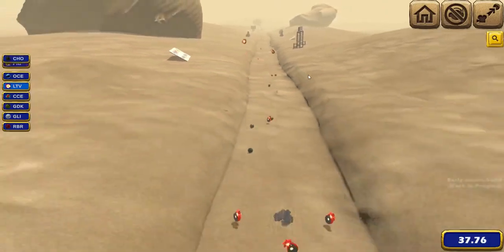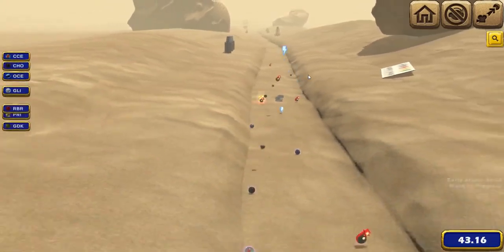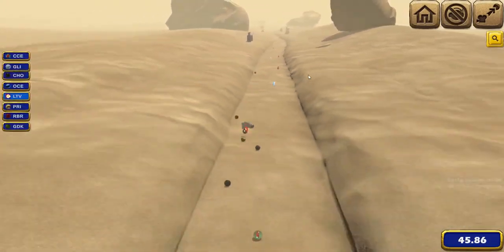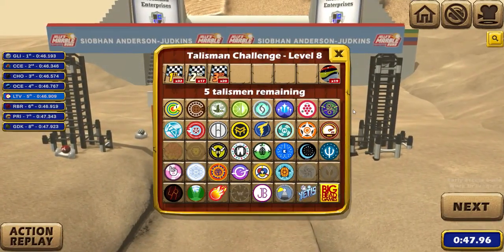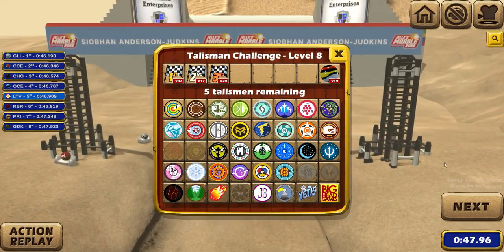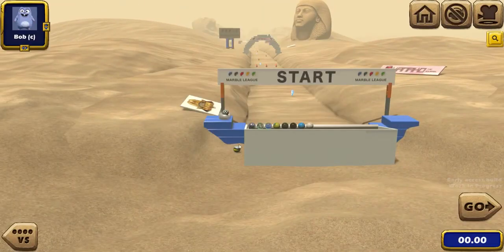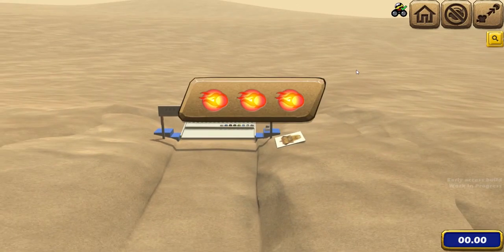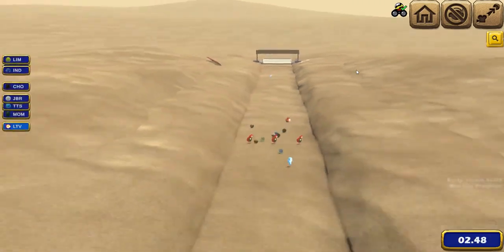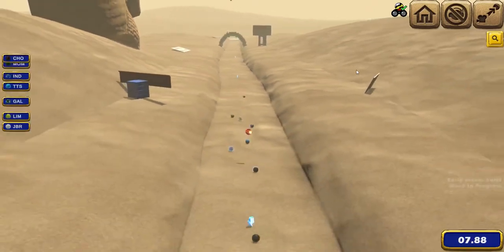As we continue on, someone else has dropped their talisman there, as we're just able to dodge one of those bombs, and we are able to get our talisman with the solar flares, and the marble who had got the other talisman dropped it there. So as we go down into our next run, we've only got 5 talisman remaining, as we're able to get all of the talisman every single run so far, but I haven't got one yet,